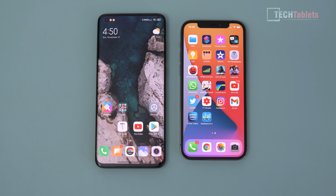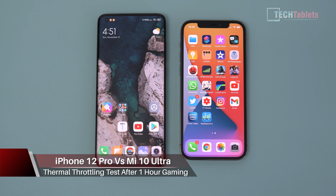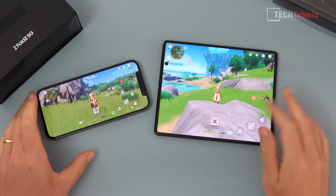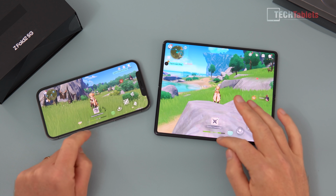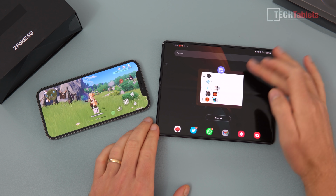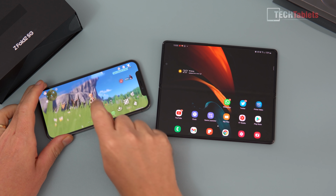It's the same test that I did before. It's Genshin Impact. I'm looking at the gaming performance, the impact it has on what I'm seeing, like micro stutters happening with the same graphics setting on the iPhone 12 Pro. But when I did that test, a lot of people cried foul, didn't they? They said, hey, you can't compare a foldable device, different form factor, up against basically the candy bar form factor